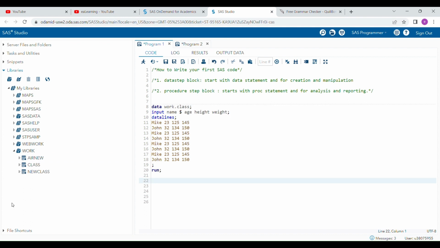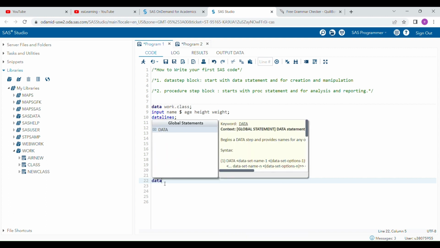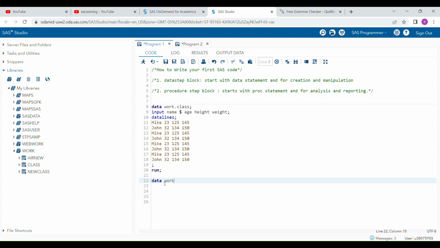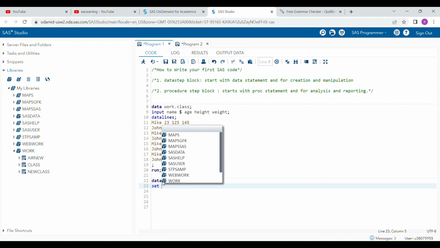Suppose you are interested in exploring data from an existing library. So what will be the step for that? Again, you have to start your statement with the data statement. You have to write the name of the library, and you have to write the name of the data file that will be generated, and you have to end your statement with a semicolon, as every statement ends with a semicolon. And for accessing your data from an existing library, you have to use the set statement, and again you have to